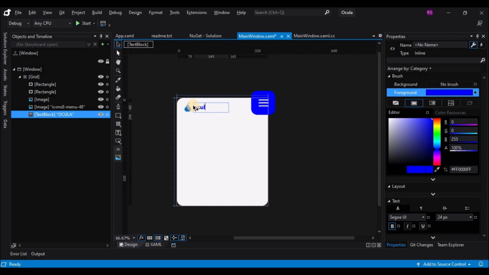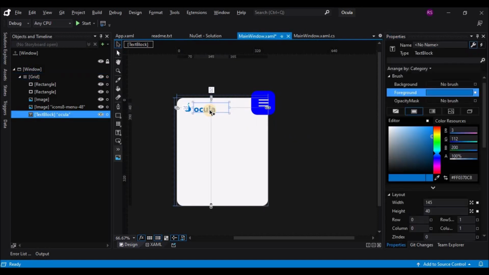Let's change it to lowercase and also change the font size again and also the font color. Okay, let's match the color to the icon that we have.